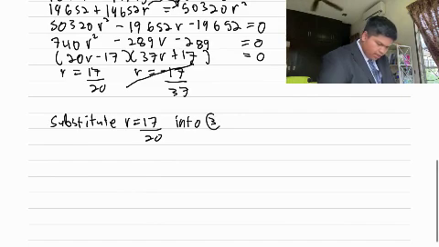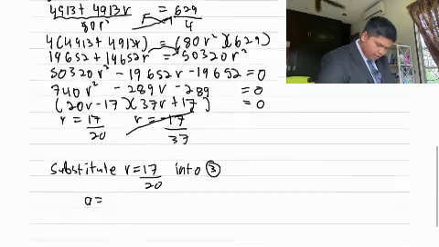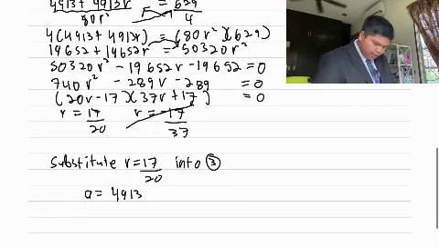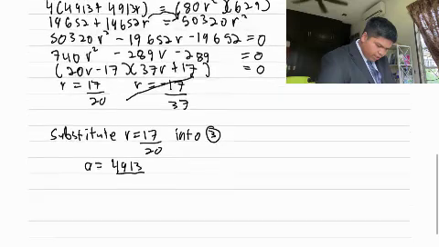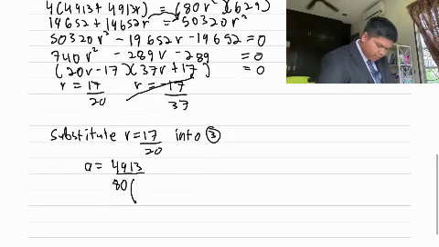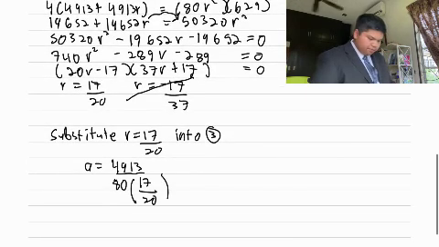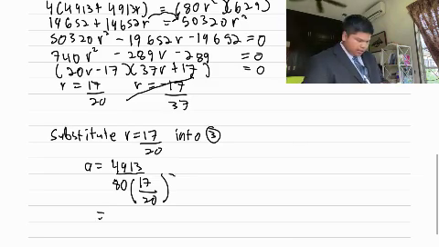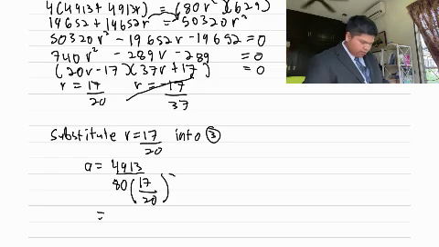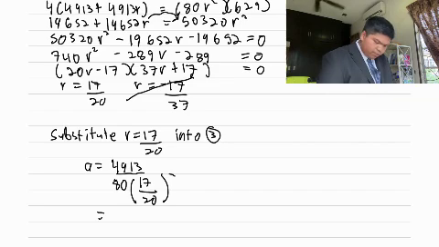Thus we should get a equals 4,913 over 80 r squared, which makes it 17 over 20 square. Thus, putting that into the calculator, 4,913 over 80, 17 over 20 square, gets us 85, which means that the distance traveled from A to C